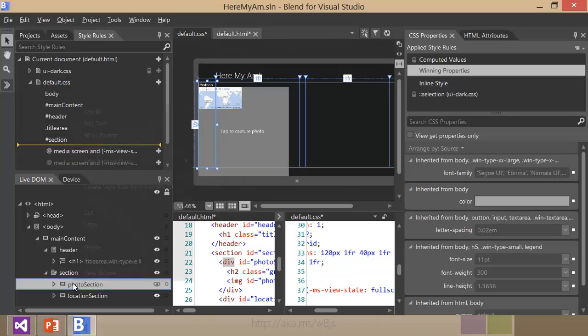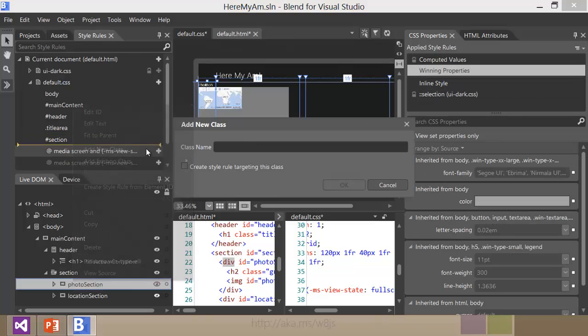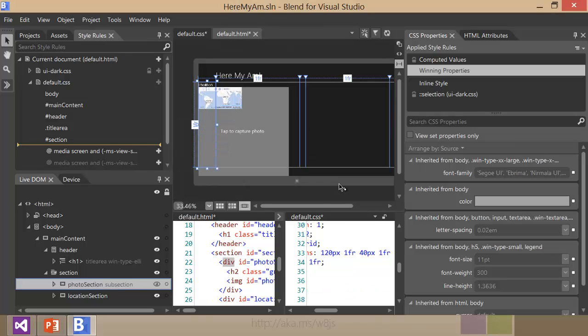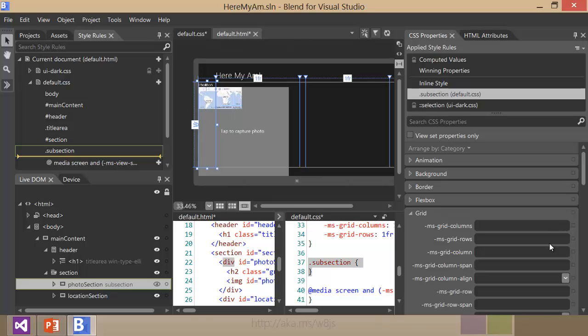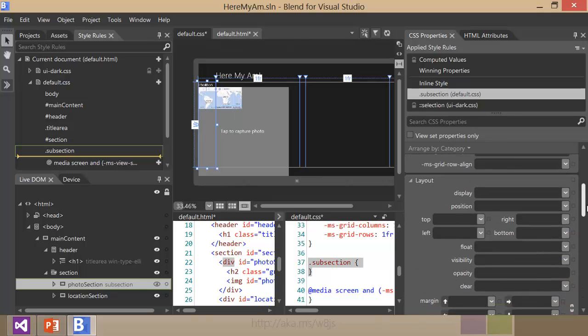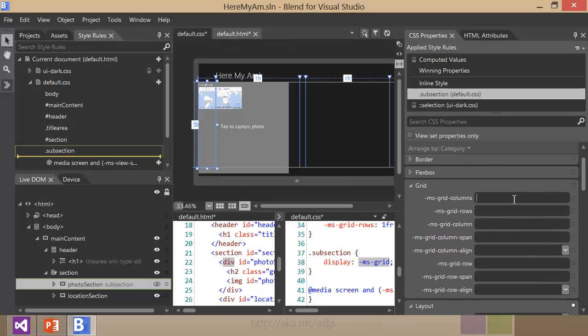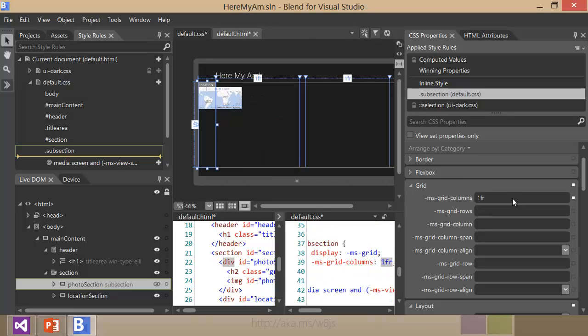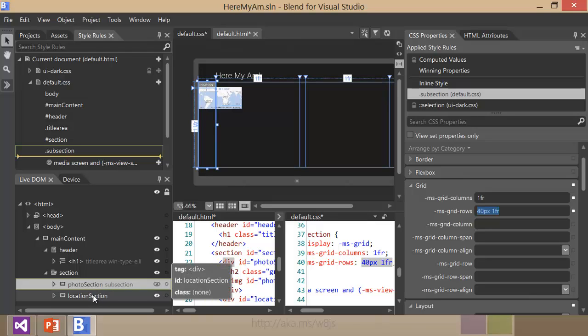So I'm going to go to the first one, right click on it, and say add a new class, and I'm just going to call this subsection and create a style rule for that. And I'm going to say that these subsections are going to be grids that have 1 column wide, but 2 rows. The top one's going to be 40 pixels, and the other one's going to be 1 FR. Cool. And so I've sort of positioned that correctly, and now I'm going to tell inside there that photo section